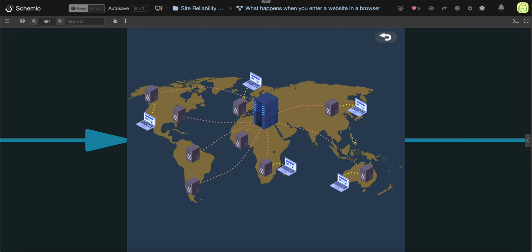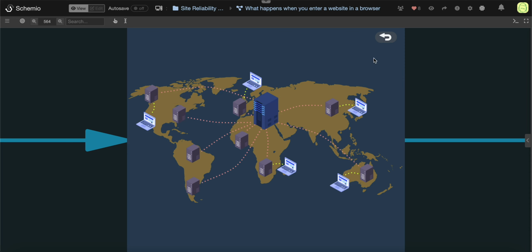So this is the diagram of the CDN, and as you can see the connectors are animated, but let me show you where I use the classes. So if I have the mouse on the edge servers or laptops or this origin server, you see that there's this label appears on top of it, and this behavior is exactly the same no matter which label it is, no matter which object. And the thing is, there's no native support for this in Schemio, so all of this